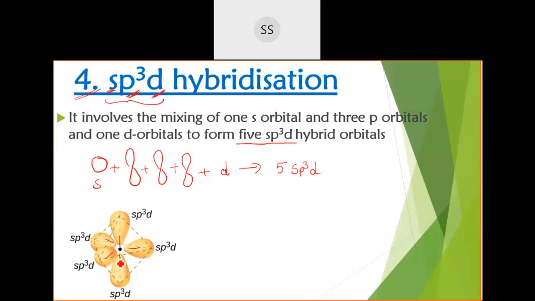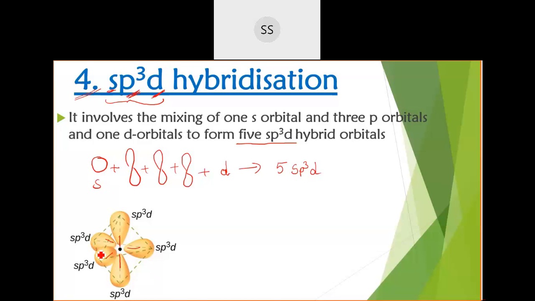So you will get a triangle. The 3 bonds which you are arranging on the plane, you will get a triangle there, and then one is above the plane and one is below the plane. If you join all these after they have formed the bond, you will be able to get a pyramid. One pyramid, you can see here, green dots. If you see that particular structure, it looks like a pyramid. Above there is one pyramid and below there is one pyramid. So that is the reason why that geometry is called trigonal bipyramidal. This will be the geometry of it. In the space, this arrangement takes place.